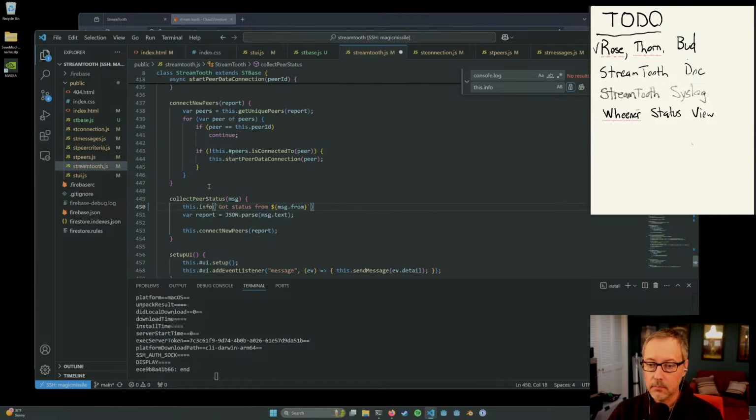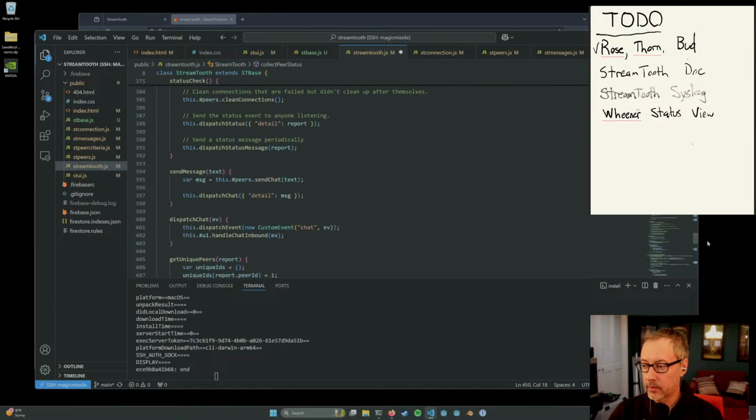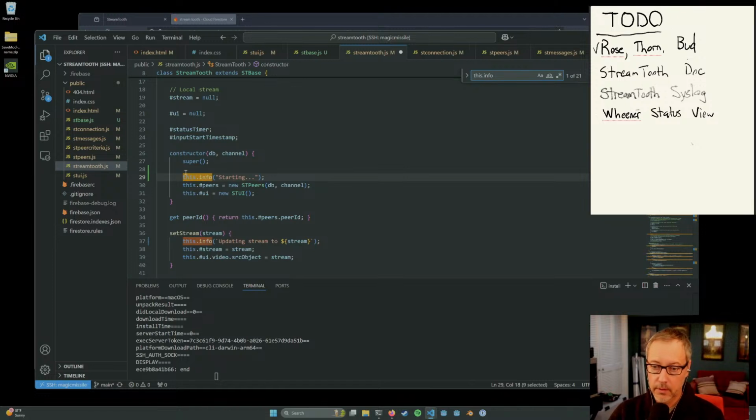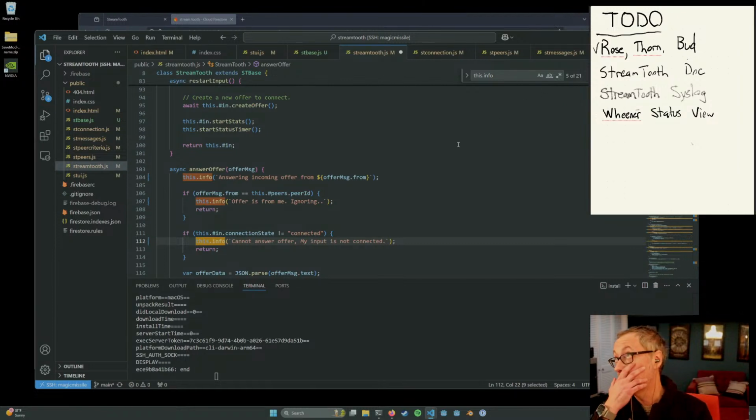Okay. And now we need to go through all these this.infos and decide which ones are actually infos. I think that's okay. Oh, and the other thing we need to do is if the current log level, right, do that too. Let's do that.